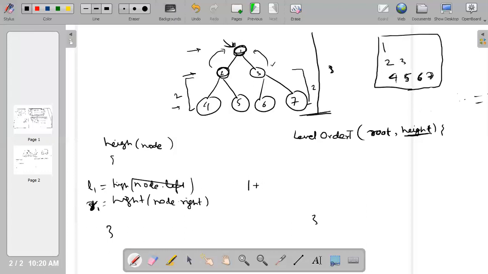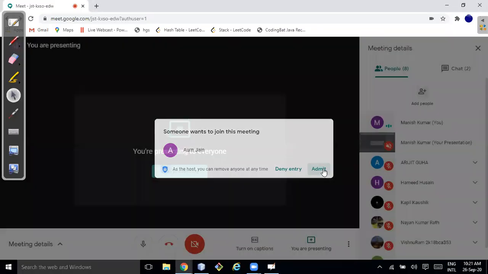So 1 plus L1, comma, 1 plus R1, and among these, I take the max. It's possible the right has one more child, 8, and this time it will return maybe 3. So 3 plus 1 is 4, and this side it will be 3. Among 3 and 4, which one is greater? Someone just write it.